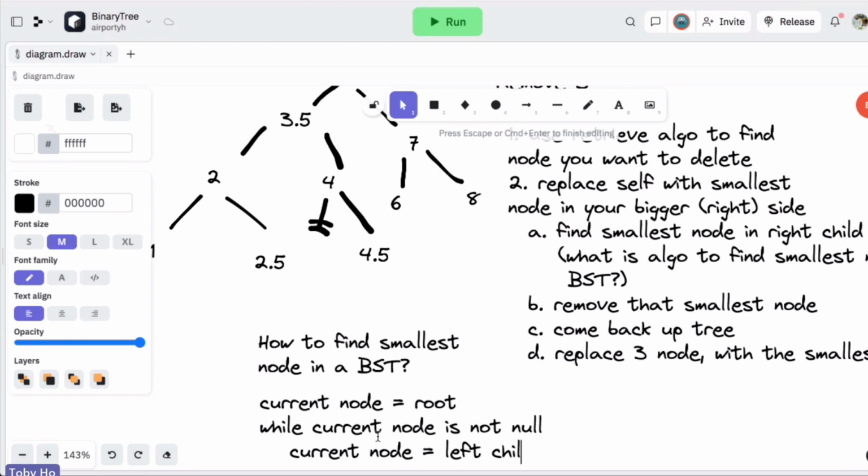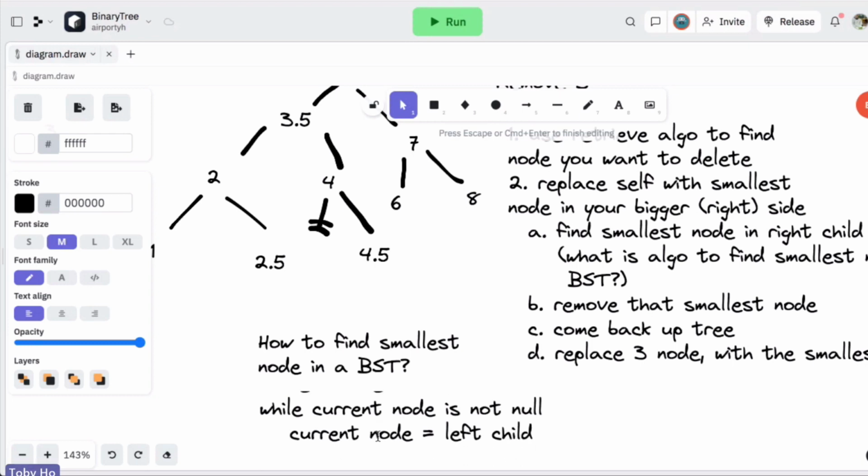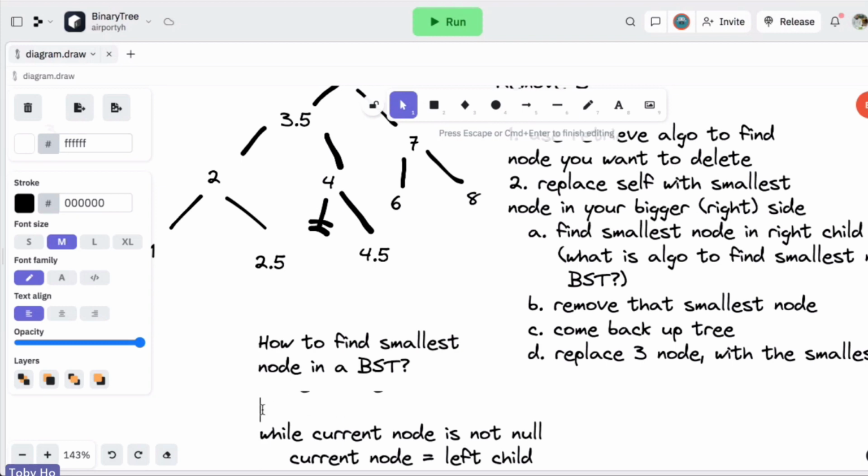Left child. And then, oh, hold on. Then after this loop, we're going to lose what the previous one was. So we need to be storing it every time. Like maybe I have prev node is equal to